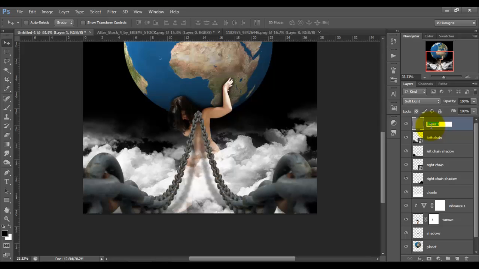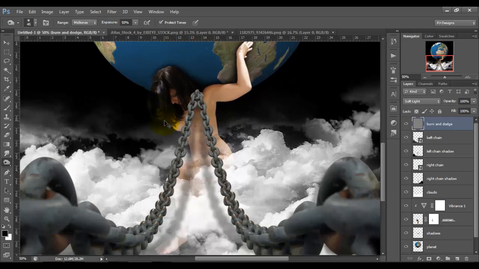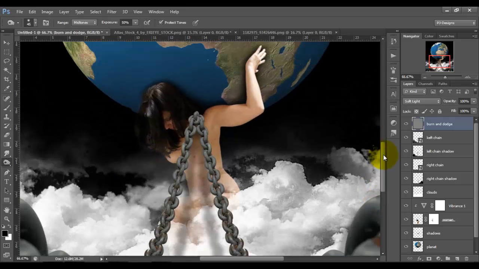and we're gonna name this layer burn and dodge, and we're gonna choose the burn tool, midtones and 50% exposure, and we're gonna burn some parts of the image. We're gonna burn right here, this part of the chain, the hair a little bit,